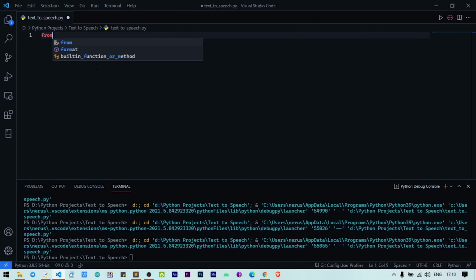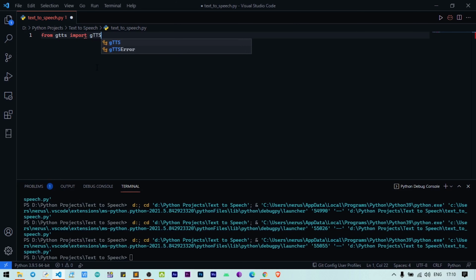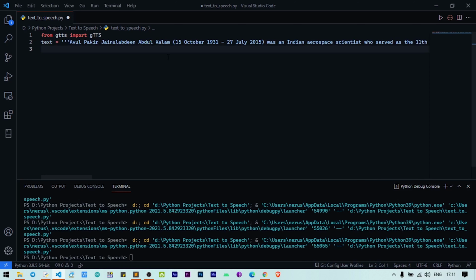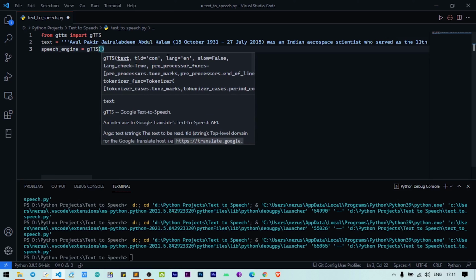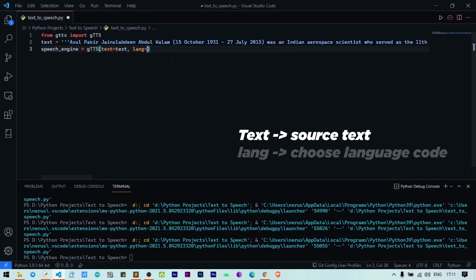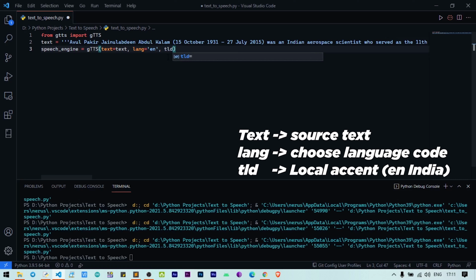So from gTTS, import the gTTS function. Take a text variable and enter some data in it so that we can convert that text into speech. Create a speech engine variable so that we can create the text-to-speech transformation function, equal to text, comma, language equals English, and TLD equals